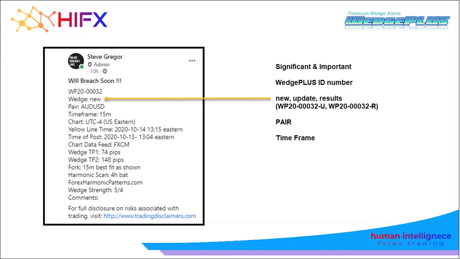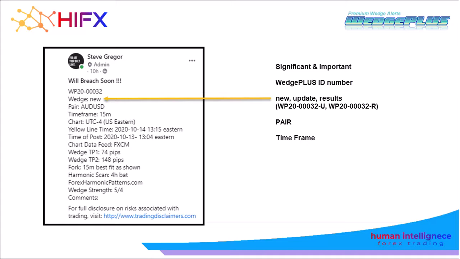The next line, you'll see wedge new. There'll typically be 3 comments there: new, update, or results. And so the new one just says wedge new. The ID number remains 00032. When there's an update to it, it will be named WP20-0032-U for the update and WP20-0032-R for the results. So we will be posting updates. The update may say wedge breached, might say something else. The results will be,